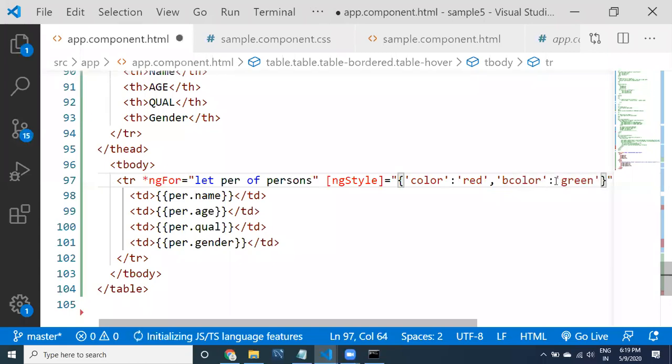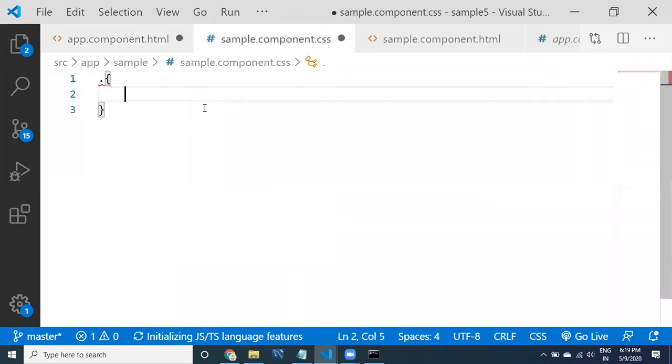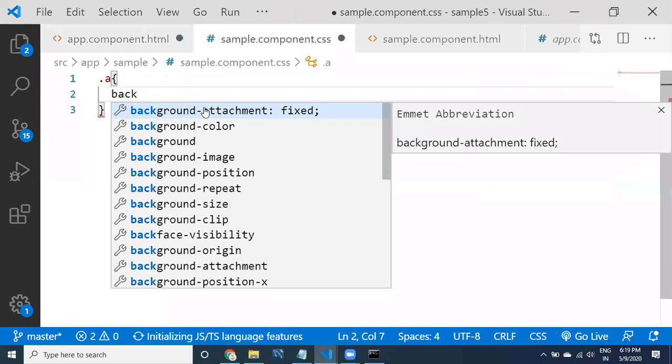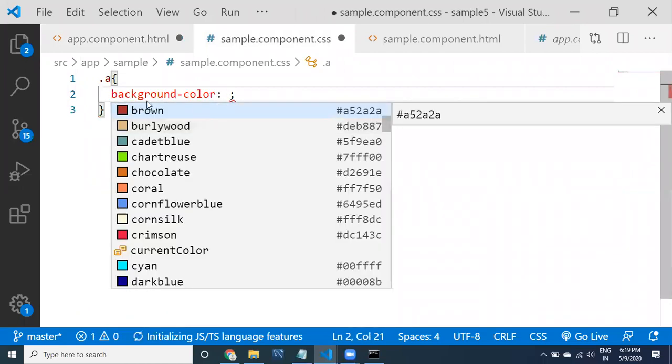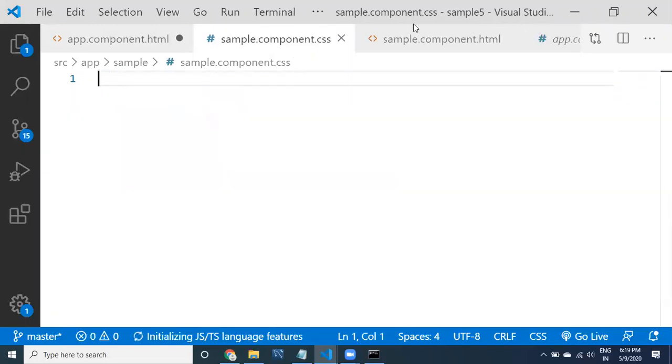I need to remember the style names. If you don't remember, you can go to CSS and type, see here, background color, yes. So this is a style name. I don't want this actually, I just came here to get that information.